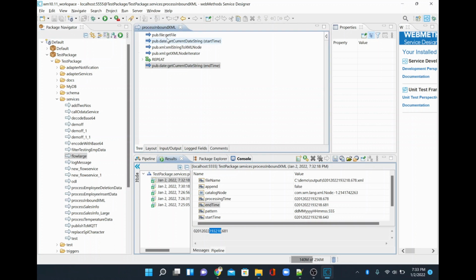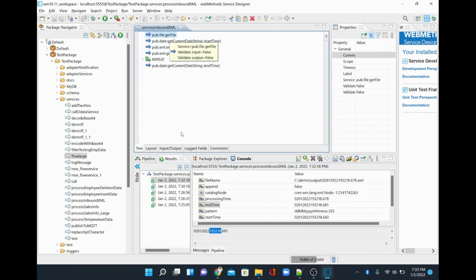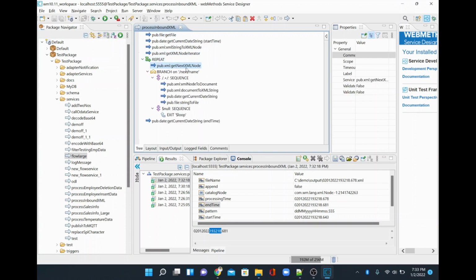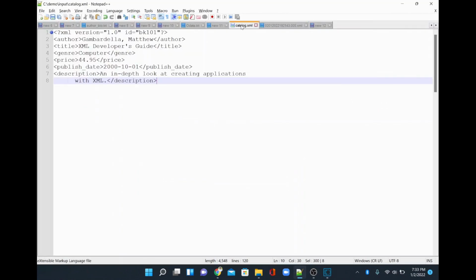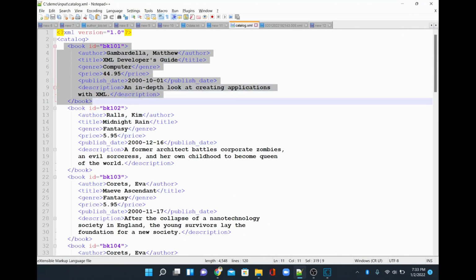So now what I'm going to do is process a bigger file. Even for these 12 records, we didn't load the entire 12 data into memory. We did only one data at a time. This getXML node takes only one node at a time, which is this particular set from the catalog. This is your one node. We took one node at a time into memory, processed it, and wrote it to our file